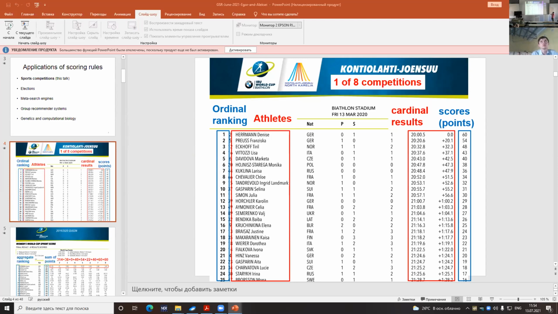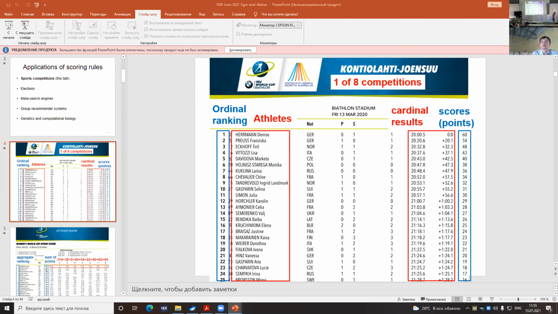For instance, the lag of Preuss was 20.1 seconds, and if she showed a result 10 seconds behind Hermann, her final position would have been still second. So for a purely ordinal procedure, only ordinal ranking is important. And so the organizers of biathlon,